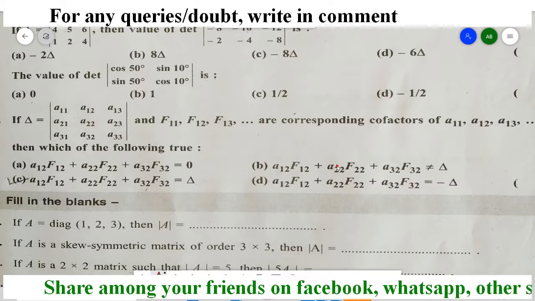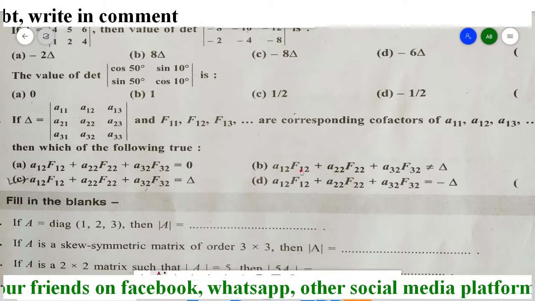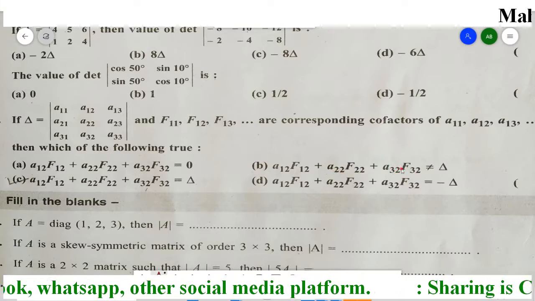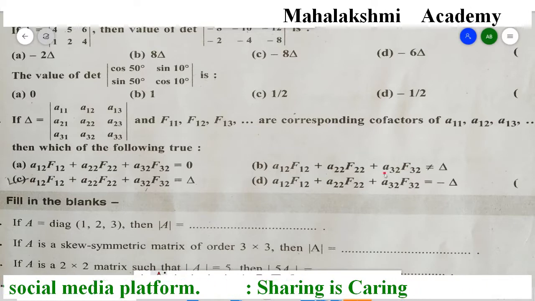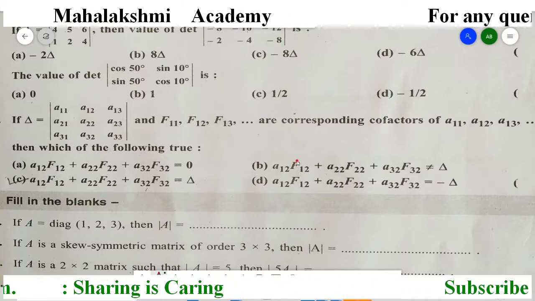Here also the problem is, this is the first row, and again they came to the second column, then they came to the third row. It's also incorrect, because either they should opt for the first row only, or the first column only.